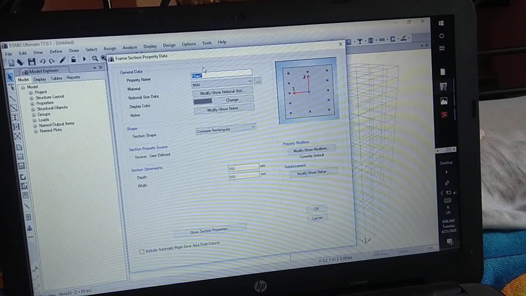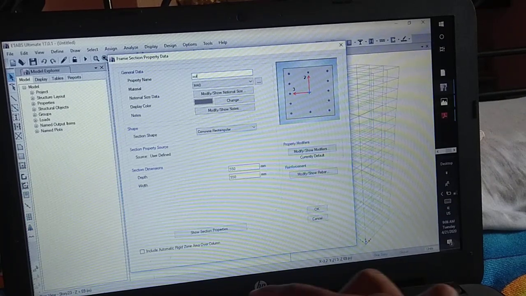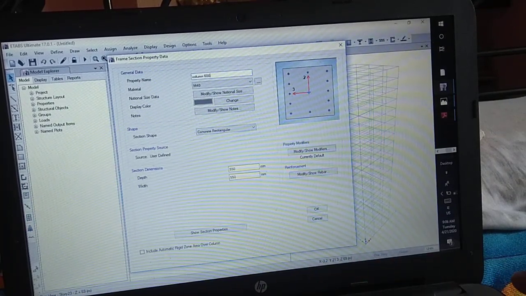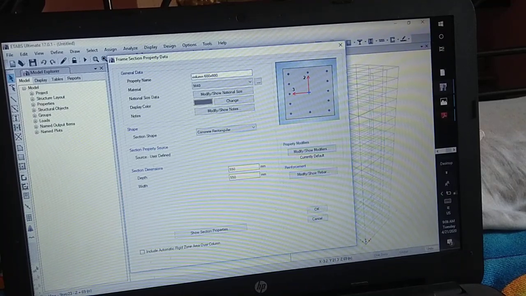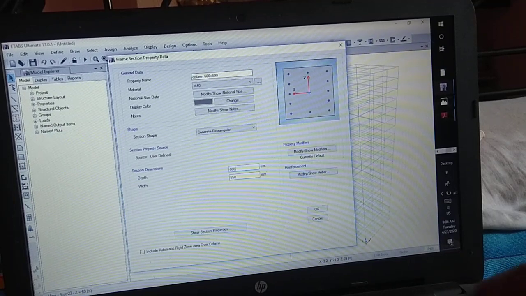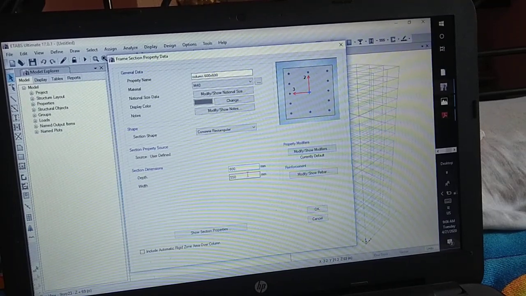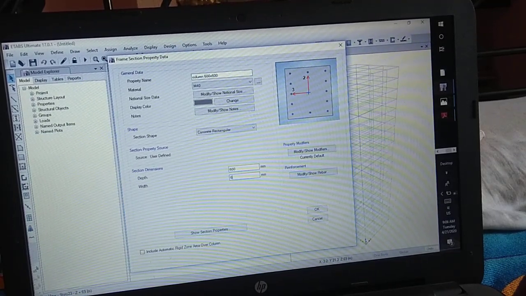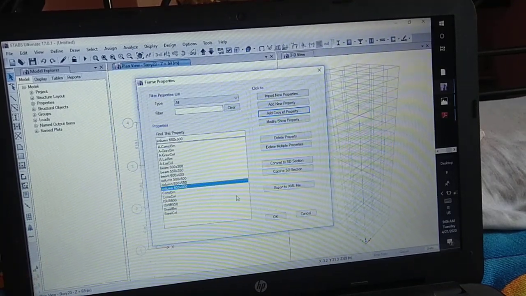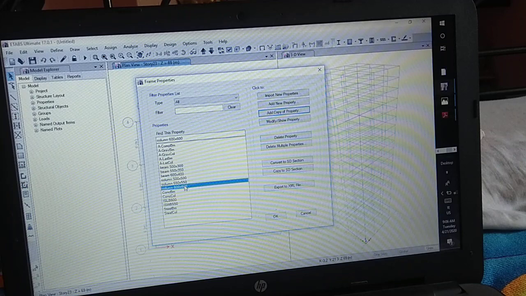So we have to add new column of dimensions 600 by 600, change the dimensions 600 by 600, then click on OK. So we have added 3 beams and 3 columns as per given in problem statement.